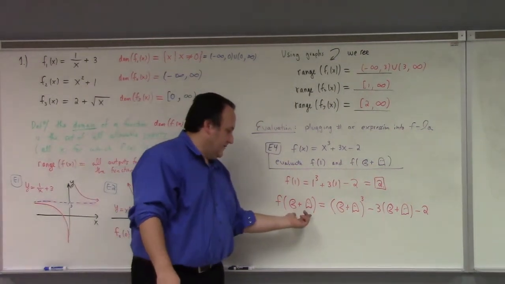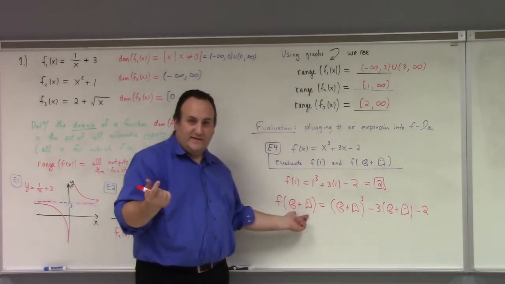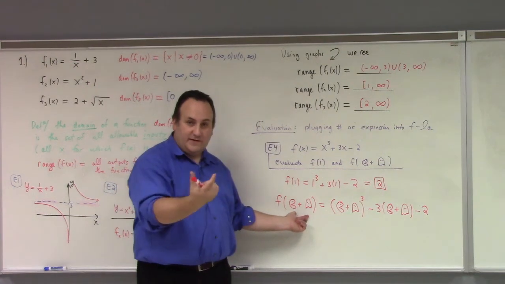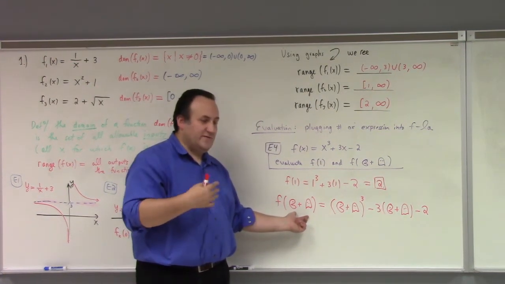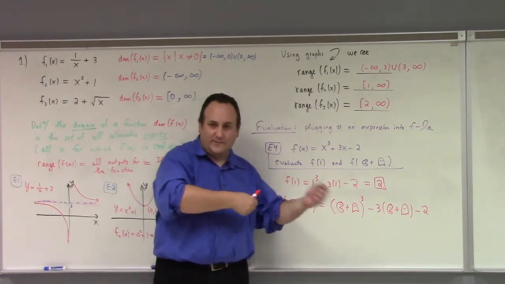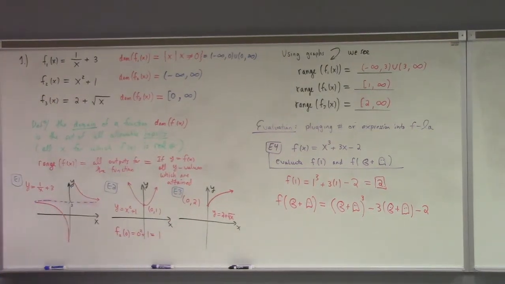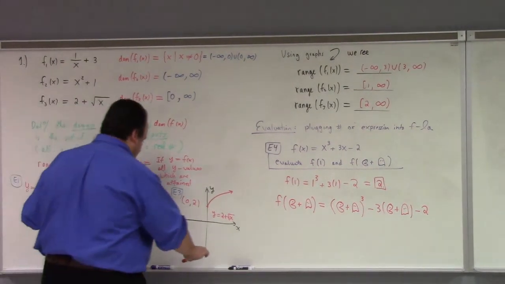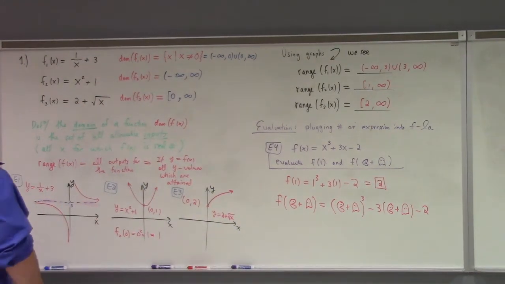My point is, there are problems in your homework where it's like evaluate f of a plus 3. What that means is you take x and you replace it with a plus 3 and you work it out. Right. Now there was one that says like evaluate and simplify. Then you'd actually have to multiply it out and subtract things. That's beside the point here. All right, so I'm going to leave it at that. Are we good? All right, so let's move on to by graph.